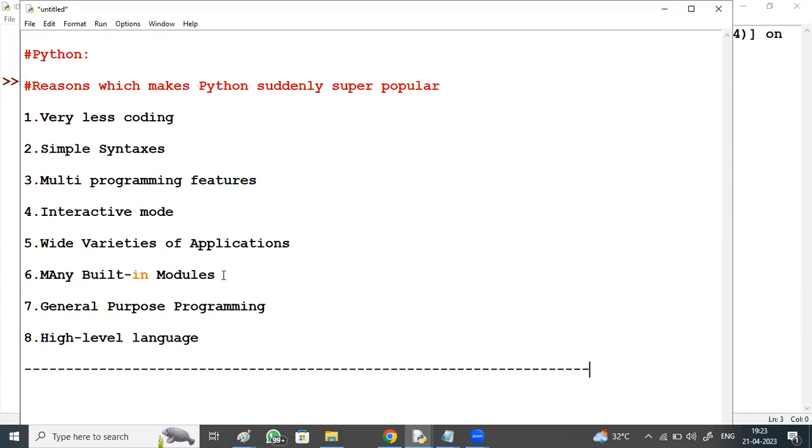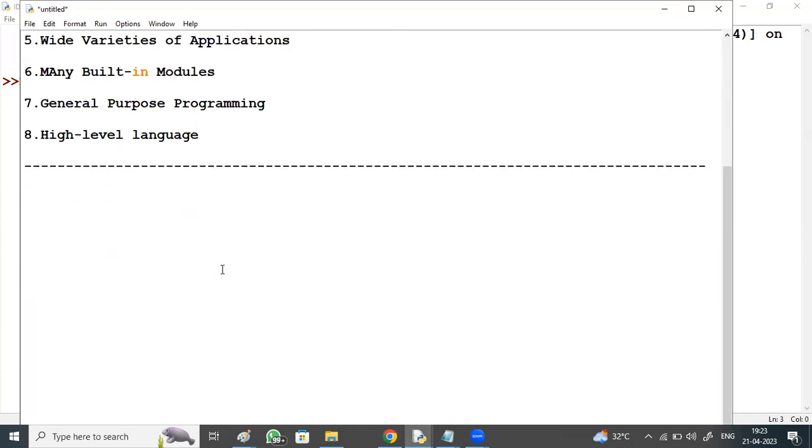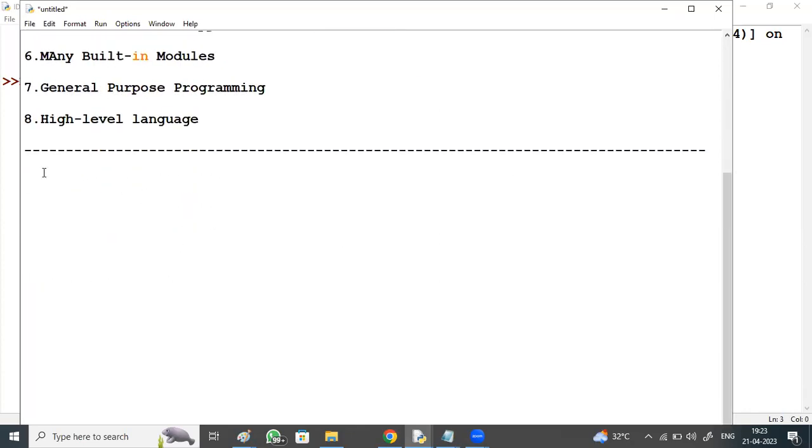Let's go with some technical part: Python Software Foundation, Python versions, Python installation and execution modes. Before we go with installation, you need to know something about the PSF, Python Software Foundation.